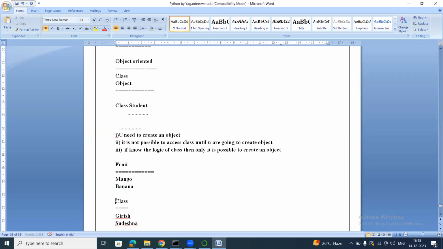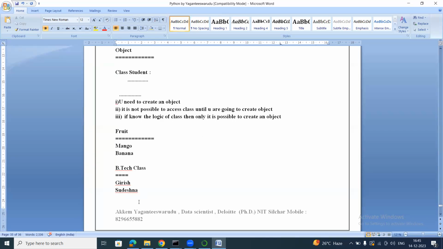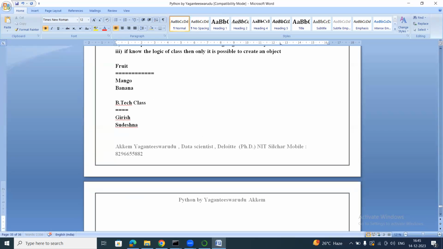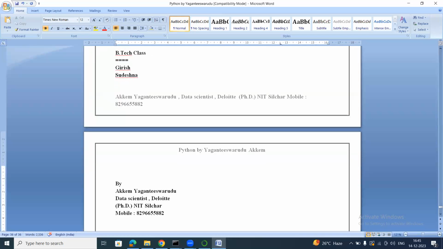So BTech class students, this is one class object, a class where many students will be there in my class. These students are the object for my class. So how to create a class in Python? First of all, class is nothing but